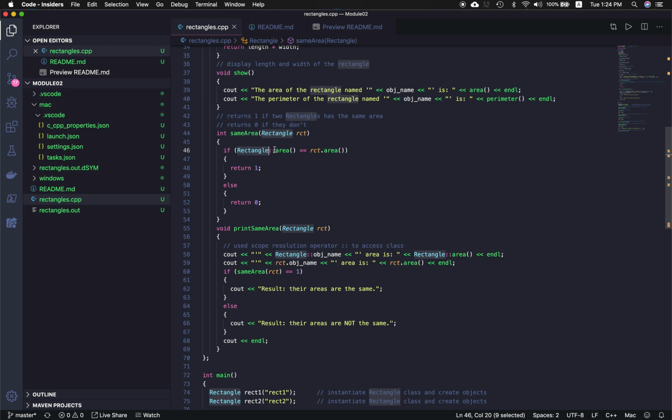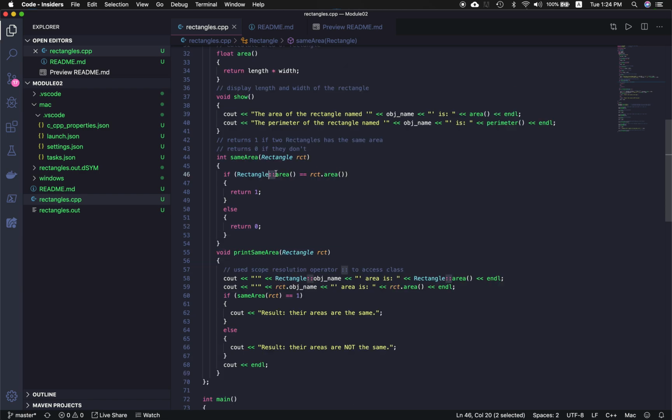requires the rectangle class, and then we use this scoping operator to access the rectangle class, and then access the area, and then now we want to compare that to the rectangle object that was passed in the function, and the area from the method that we have. And then if both of them are equal, meaning the rectangle class that was called and the rectangle